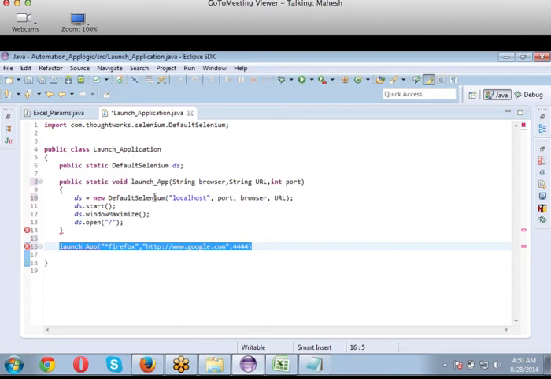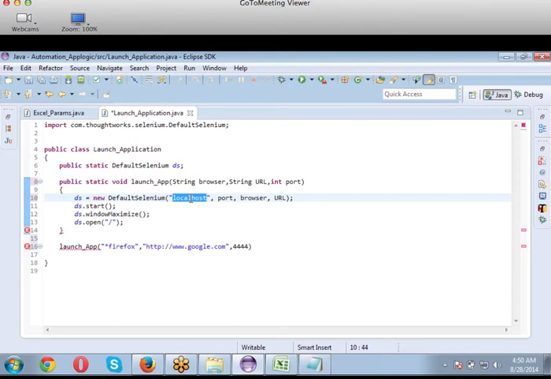I can even change this localhost also, no hassles. I will let you know. Right now, let's not go for changing that localhost. I'll tell you the reason why. But as of right now, please understand that we can change this localhost also. But we are not changing it now. We have a time to change it, and I'll tell you when to change it. Are we all clear so far? Yes, Mahesh.